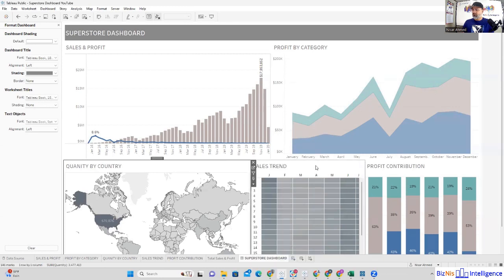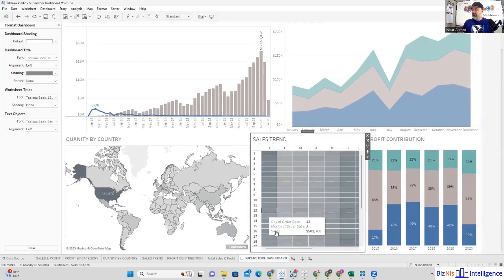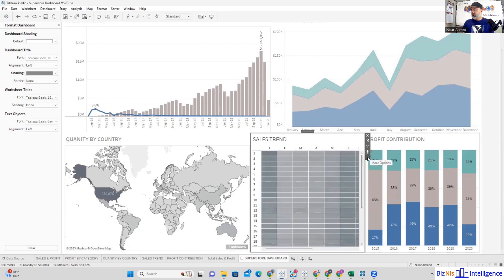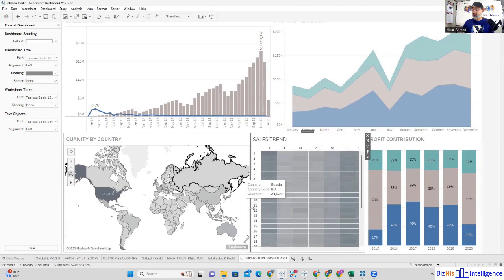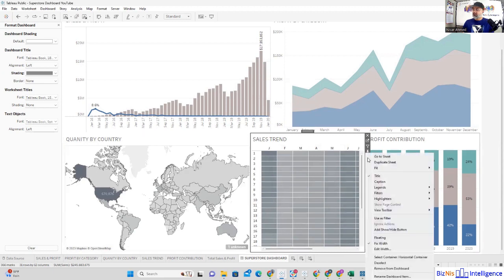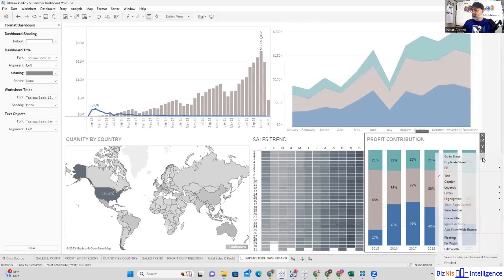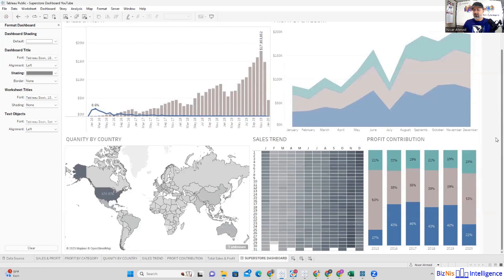The map won't need the fitting, but this sales trend does need the fitting because you see that it's scrolling to the right, left and right, and up and down. So we want to make this fit because you don't see all the months and all the days. So when we click on here and fit the entire view, now it fits and adjusts accordingly. And then the profit contribution is already set to the entire view. Okay, so we have everything here